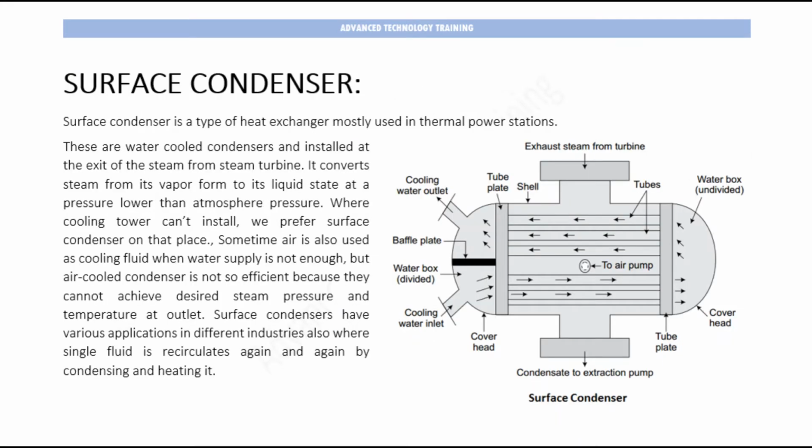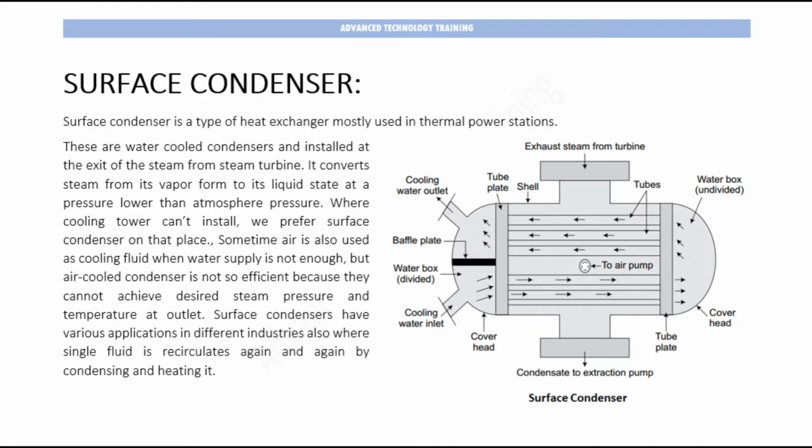Surface condenser. Surface condenser is a type of heat exchanger mostly used in thermal power stations. These are water-cooled condensers and installed at the exit of the steam from steam turbine. It converts steam from its vapor form to its liquid state at a pressure lower than atmospheric pressure. Where a cooling tower can't be installed, we prefer surface